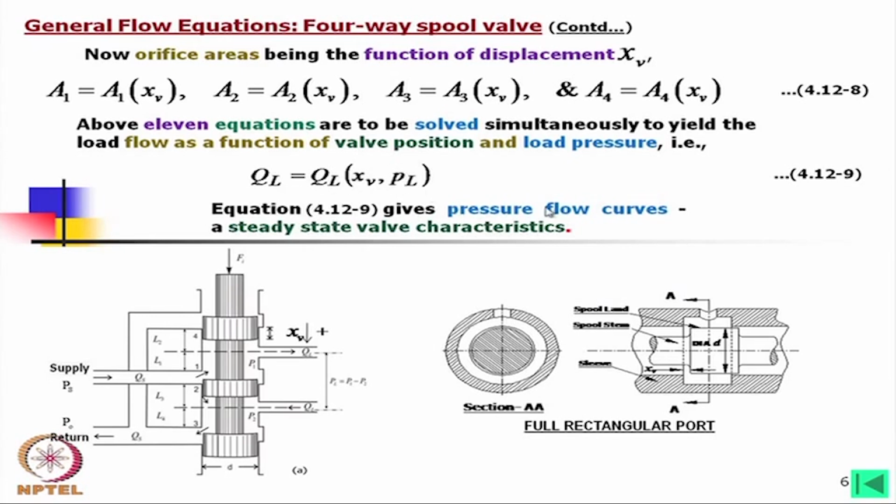Now, this equation gives the pressure flow curve. If we develop these equations, from there we will find the pressure flow curves and the steady state valve characteristics. This means that here we should understand the equations we have developed. You have seen the root is there, etc. So, due to that these are highly nonlinear, and when you put them into the dynamics it will be highly nonlinear,